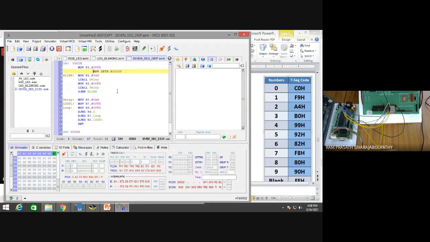Fine. Okay, now let's say I want to display a number, for example the number 7. It must be present in the accumulator. Move A comma hash 07H. Whatever data I want to display, I can put it in the accumulator here. Instead of this, what I am going to do is move C, A comma, @A plus